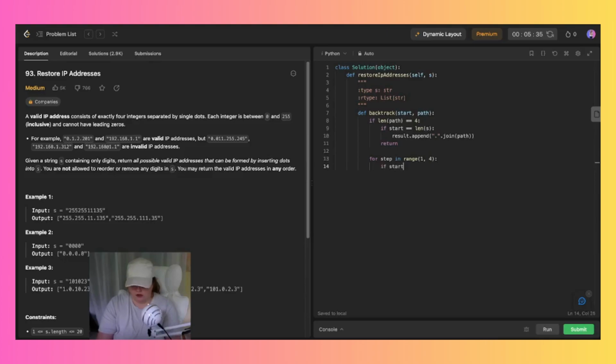So if start plus step is greater than or equal to the length of s, then we're going to say the segment is equal to s[start : start + step]. And then from here we have if 0 is less than or equal to the integer of the segment, which has to be less than or equal to 255, as I was saying before, and segment, actually this needs to be in segment, is equal to